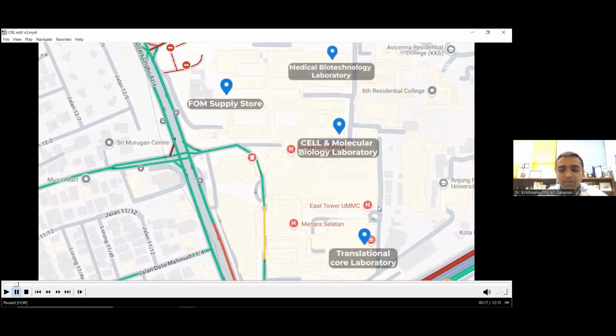All right, so this video is to show you the locations of all the laboratories. I believe you know where the quadruple angle of the faculty is, right opposite the open space of the Faculty of Medicine. And then we have